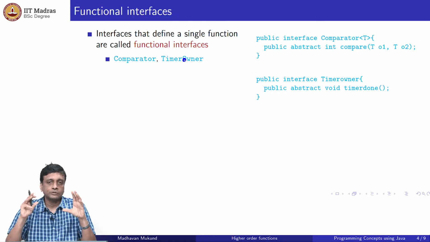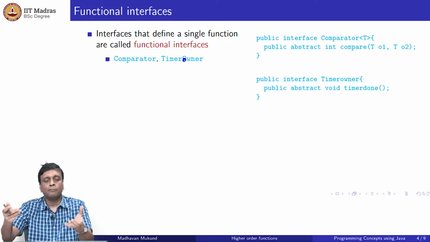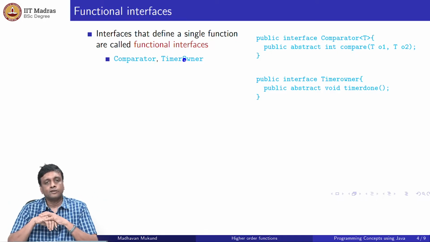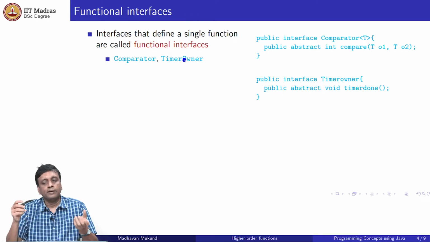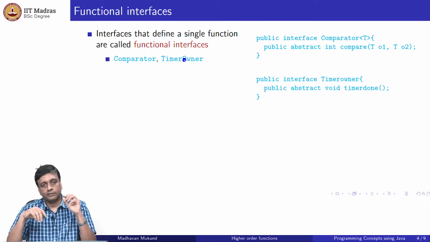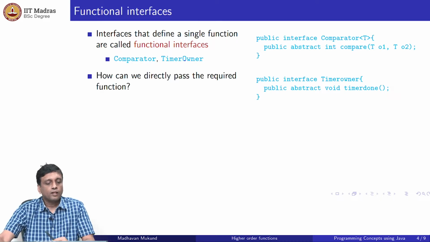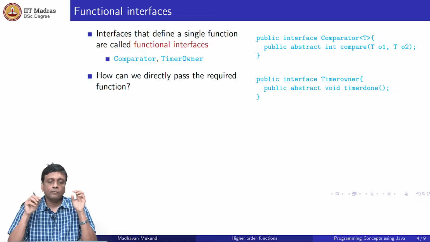This is an interface which consists largely of one function that needs to be implemented. It actually has other things. Comparator has some static functions defined in it, but as such implementing comparator means implementing one function. Implementing timer owner, which is something we defined, involves implementing that notifying the timer that timer done function. So these are called functional interfaces, and the question is, can we now,